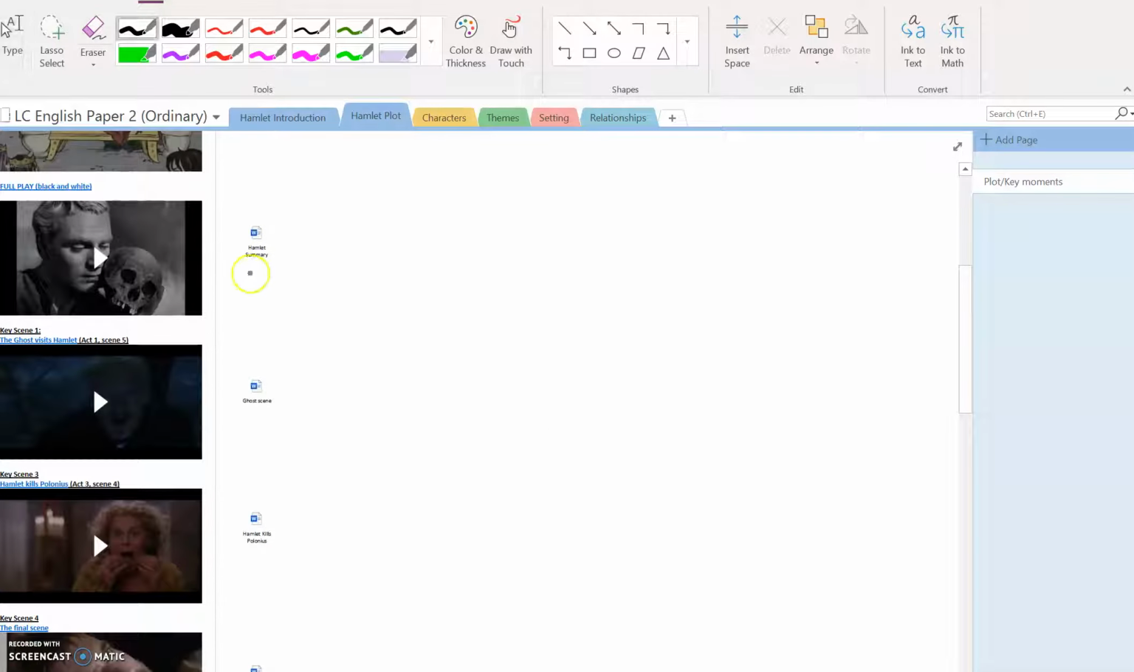Over here, you'll see a general summary of Hamlet. It's maybe 1 or 2 pages of a Microsoft Word document. It's well worth reading that before you go on. Now, if you're fairly confident you know what happens in Hamlet, then you might not need to read that,